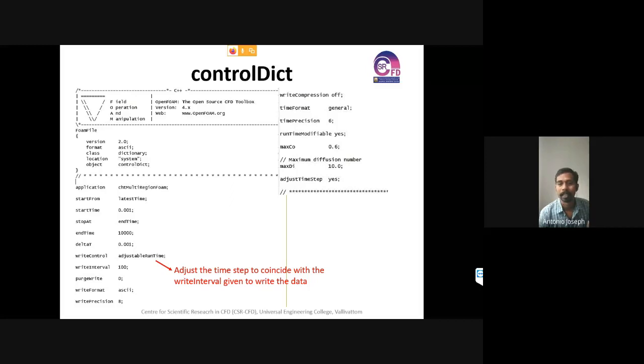So we cannot specify exactly at which point we need to write the file. So we are giving it as adjustable run time, and the write interval is given as 100. When the time reaches around 100, the solutions will be written. Not exactly 100; sometimes it's not possible to get the value exactly as 100 when looking at transient cases.